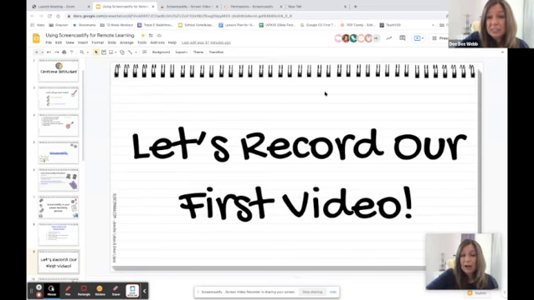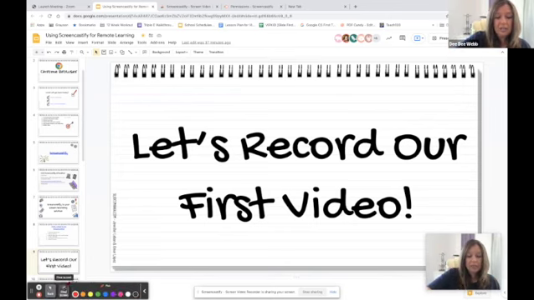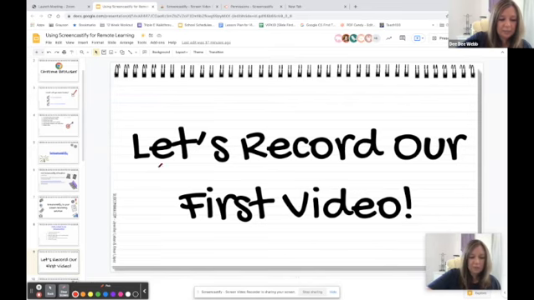So if you want to practice doing a recording while I'm doing a recording, please, by all means, do so. I'm just clicking around so that you can see that whatever I click is going to be highlighted with that red circle. And then, of course, you have the pen option, and you have different colors that you can use with the pen. I can do whatever I want to do here on my screen. This is in no way affecting my presentation. Once I stop, that's going to go away. So don't worry that it's actually writing on your presentation. Here's where I can clear my screen. If I click clear screen, all of it goes away.